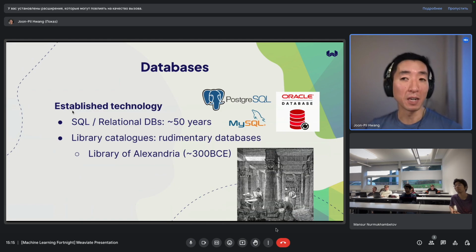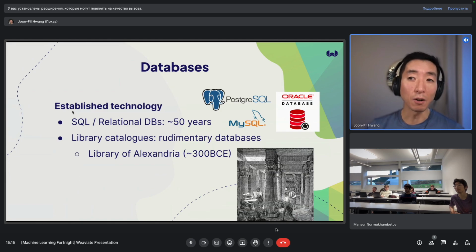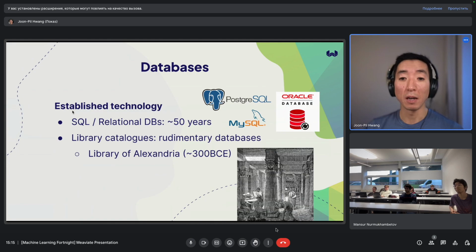So even then, 2,500 years ago, they were like, oh, we have a lot of books. There's no way that we can just go through these books one by one to find what we're looking for. We need some way to catalog this information so we can find it. So it was some form of cataloging and indexing data so it can enable fast retrieval.